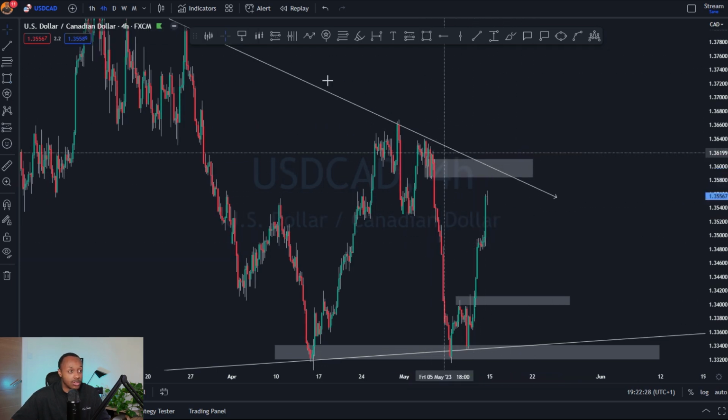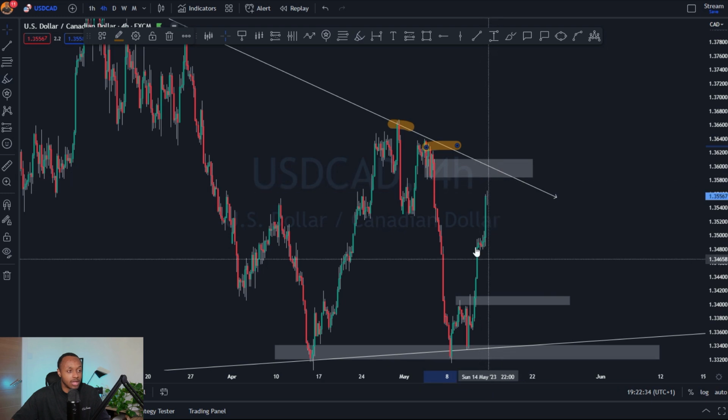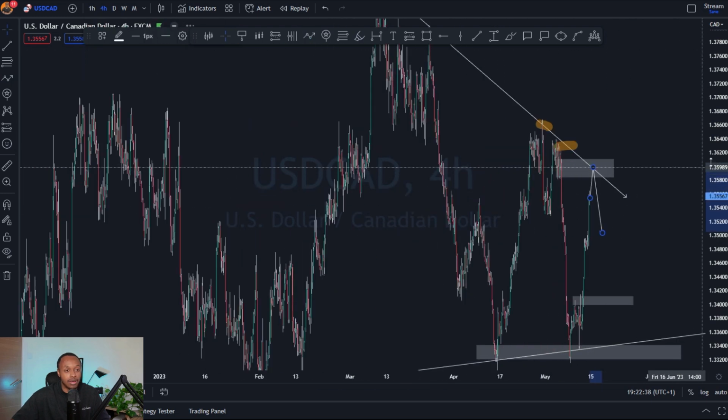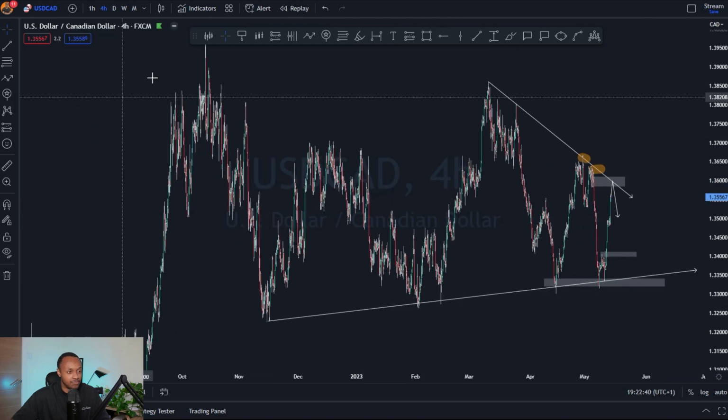We're still seeing a lot of conviction to the downside, obviously with this big impulse here. I'm also seeing some lower highs here, so I do expect to see some type of reaction here. But again, I would not hold the trade too long. USD CAD is in a very, very weird situation where the market is almost consolidating, so I wouldn't be looking